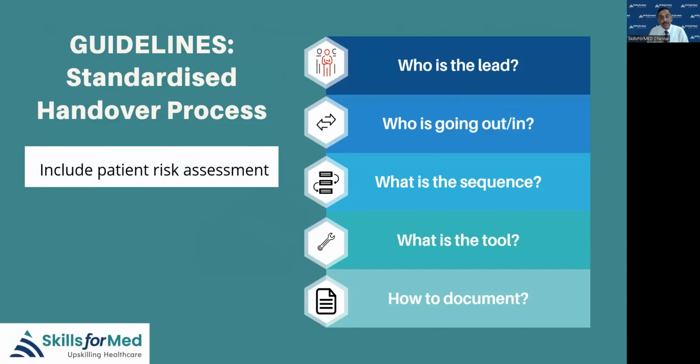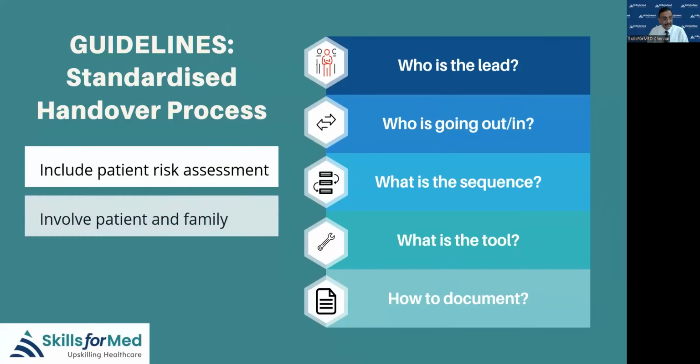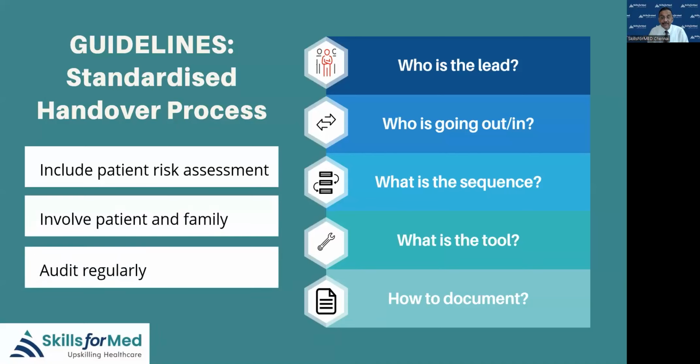And also, as I told you, you have to include the patient risk assessment at the end of the handing over. I already told you about the 5 minimum safety checks. Involve the family and the patient, already mentioned. And very important, we need to audit this process. I told you that it is happening 300 times, we are getting involved in handing over, and it happens in all the wards and various specialities. So this is a very important place to audit and make sure mistakes do not happen.